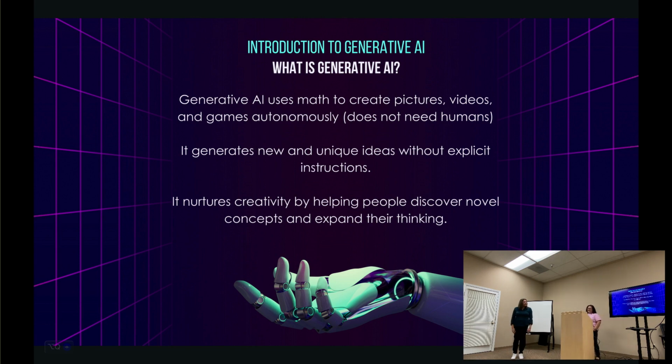Generative AI is using existing data to make a prediction of the best possible response that it can give you. It's predicting what it thinks you're going to like. What it generates is something that doesn't exist. It's not just searching in a database for the answer. It's using algorithms to create something that's completely new that doesn't exist. And you'll see this when we go over the images.